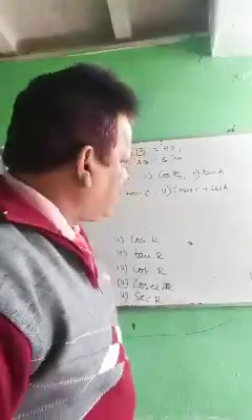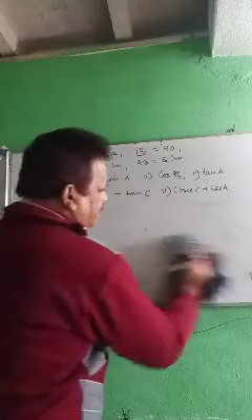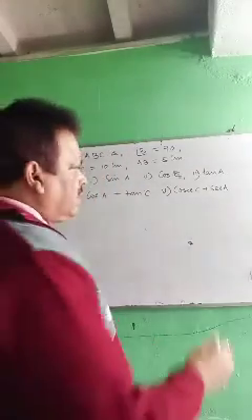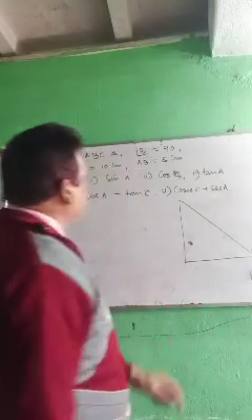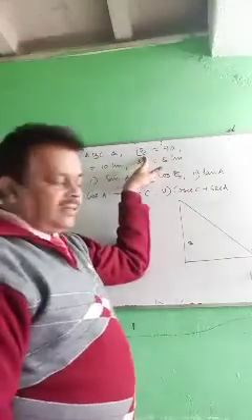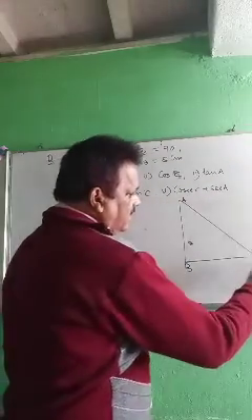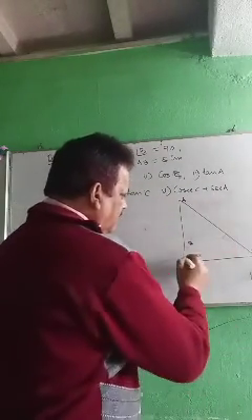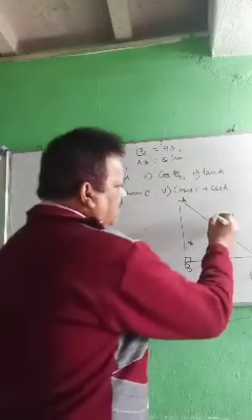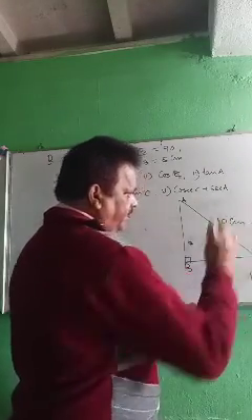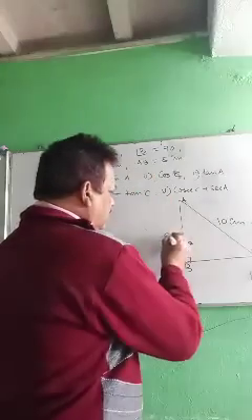Okay, now look here. In triangle ABC, angle B is 90 degrees. So this is your B angle. Suppose this is A, this is C. It doesn't matter. The main thing is your right angle. Out of which AC is 10, meaning this hypotenuse is 10. Then AB is 8. This is 8.